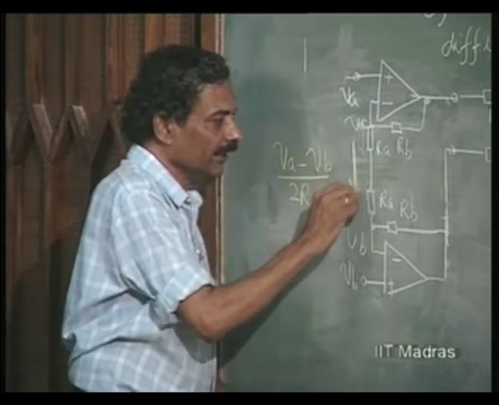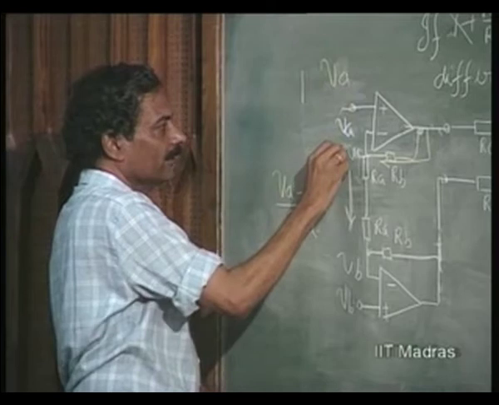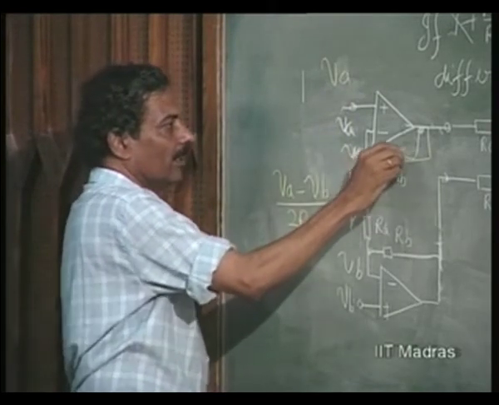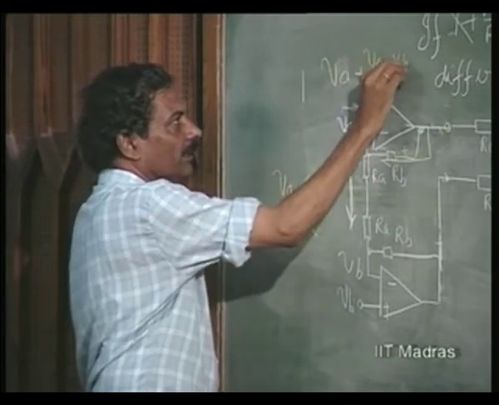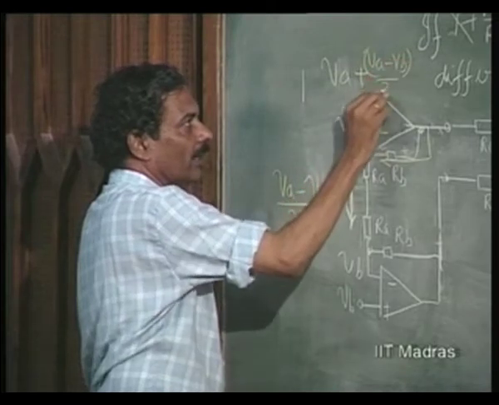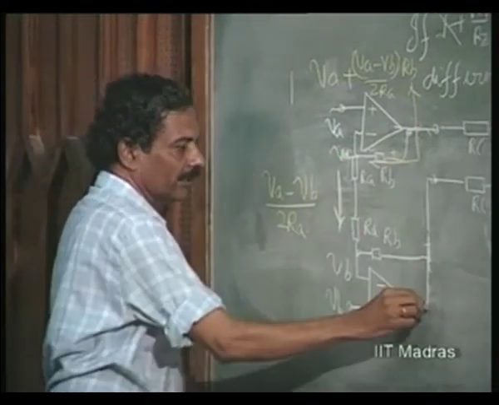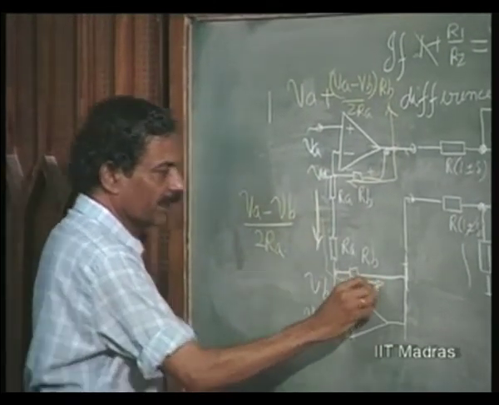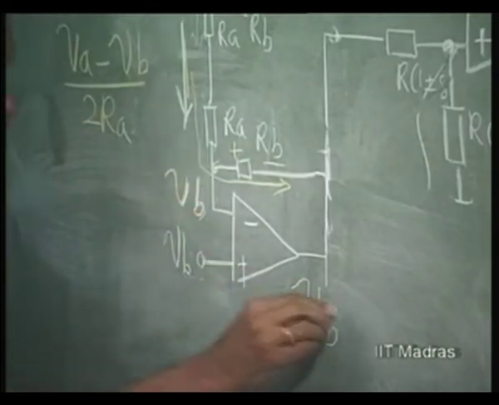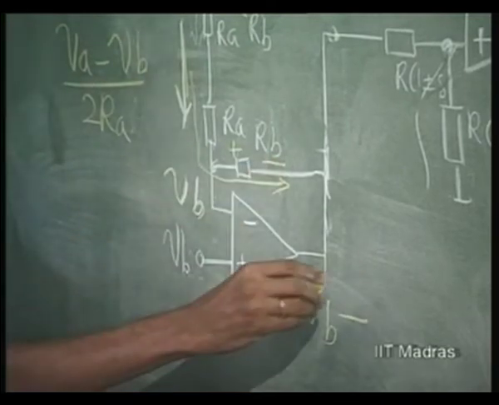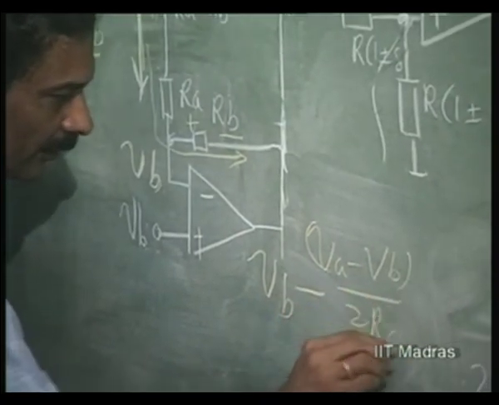So, this current will flow through this and develop a voltage here which is VA. This will be plus VA minus VB by 2 RA into RB, that is the potential here, and this current is also going to flow through this like this, develop a drop here. So, VB, which is this, minus, plus minus, so minus VA minus VB divided by twice RA into